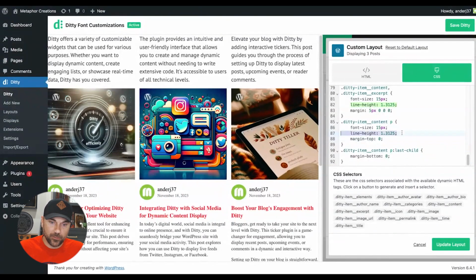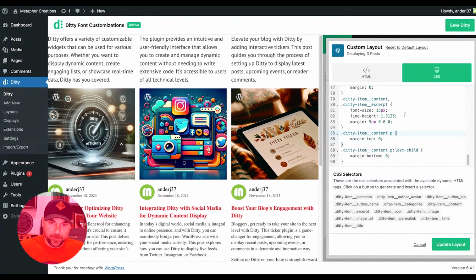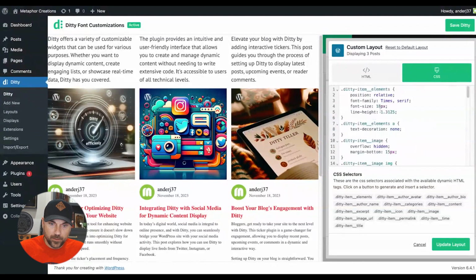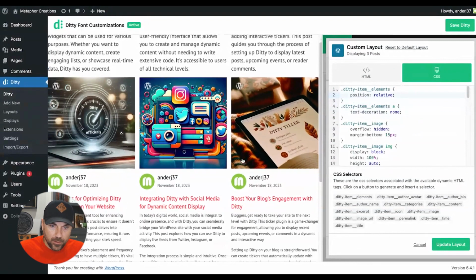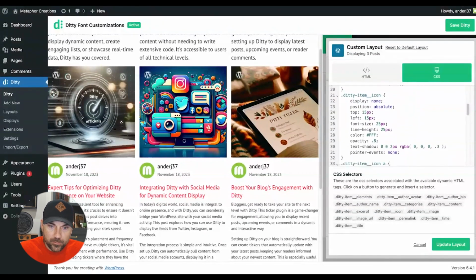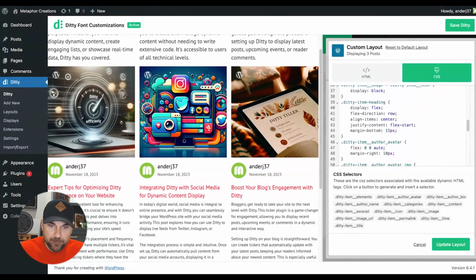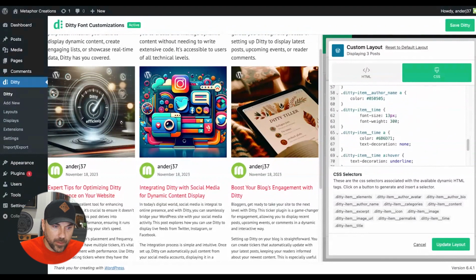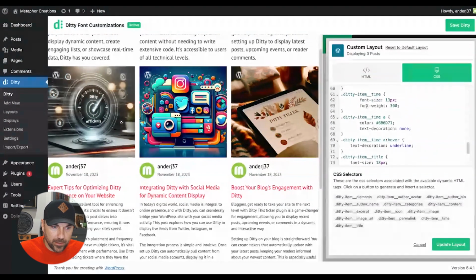So I'm actually going to get rid of a couple of these here. Get rid of the font and font size there. Let's see what else we've got. I want to keep the time font size and font weight,